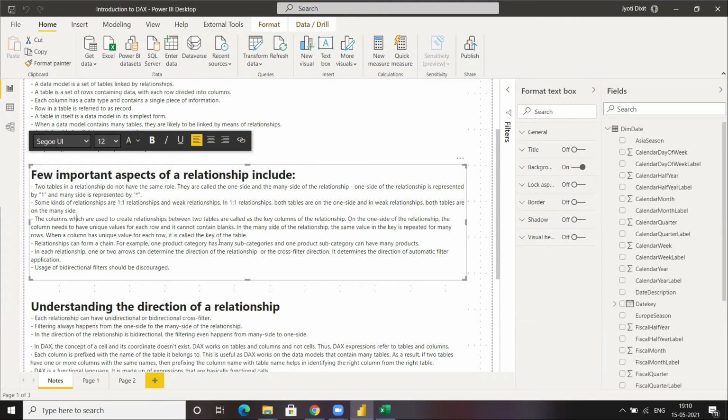This is really important: the column on the one side of the relationship, which is acting as a key column for the relationship, should not contain any blank value, and it should have unique values.